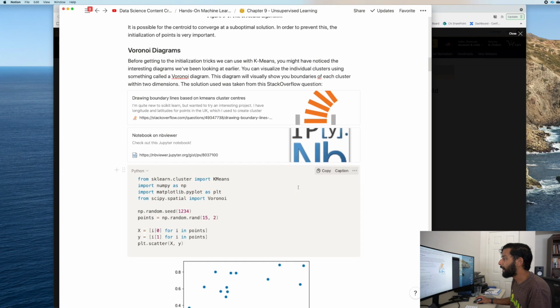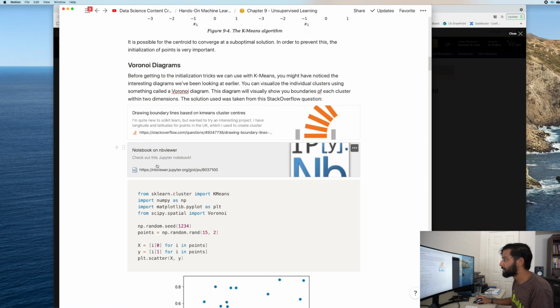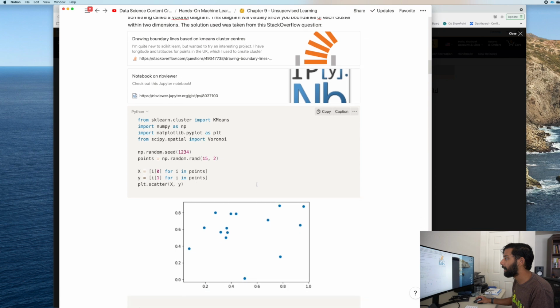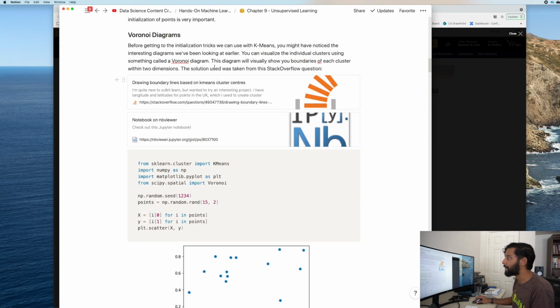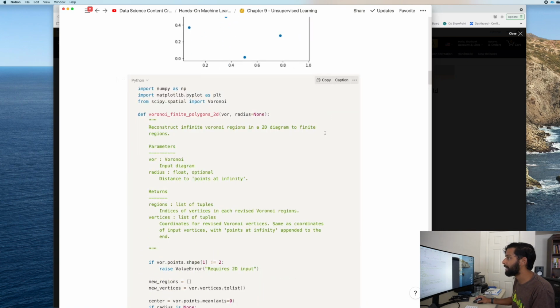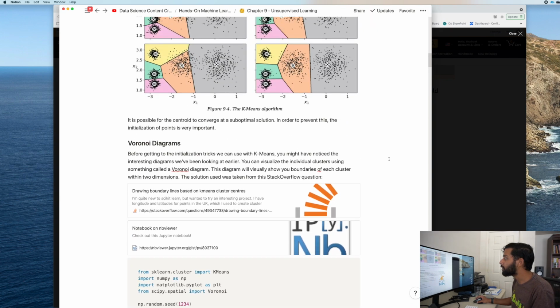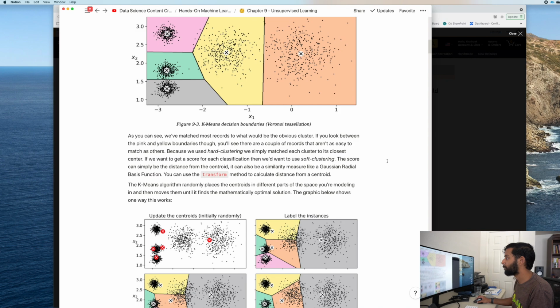So let's go ahead and implement one of these algorithms and see what we can do. I'm not going to do the Voronoi diagram because they're very complicated to do, but I have an example over here in my notes on how to actually implement one of those. So you'll see Voronoi diagram. I linked the source I got the code from, and you'll see we initialize some random data, and then this is just a function you can use to create a 2D Voronoi diagram. I do wonder if someone knows how to create a 3D one. That would be really cool. But we're just working with 2D ones right now.